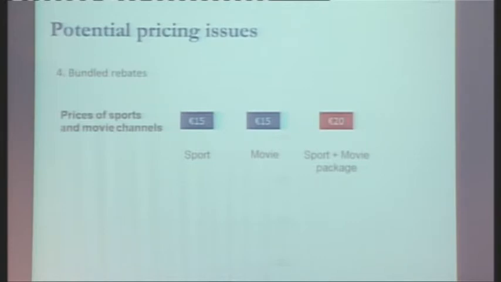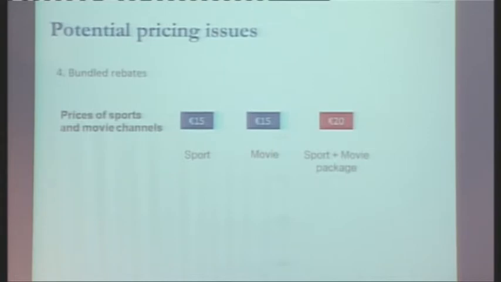Fourth example is a bundled rebate. So this is the situation where you have a firm which is supplying a number of different products and offers a discount to a customer that takes more than one product from the same firm. So an example is a pay television provider who provides a sports channel and a movie channel, and they charge us €15 for the sports channel, €15 for the movie channel, and then they say to their customers, if you take both the sport and the movie channel, we'll charge you €20 per month for the bundle. So effectively, the customer saves €10 a month by taking the bundle from the dominant firm rather than buying these